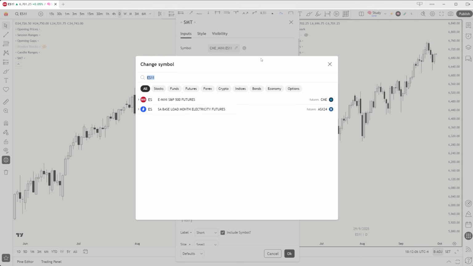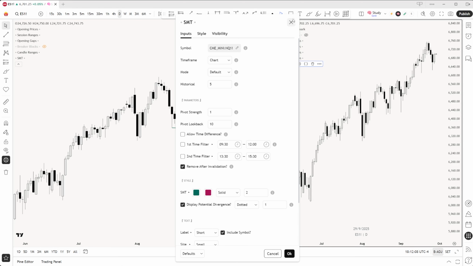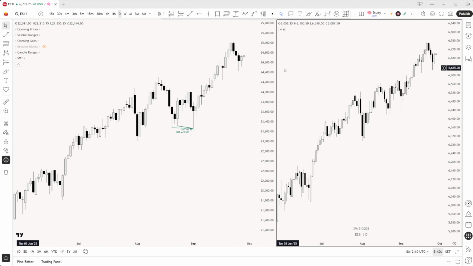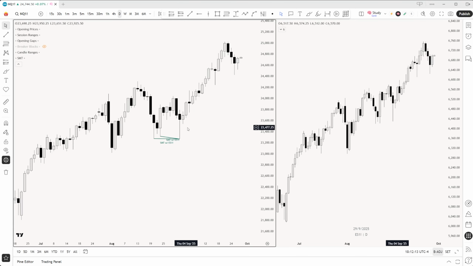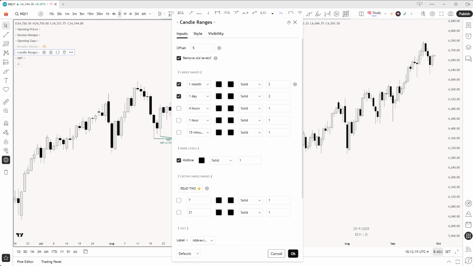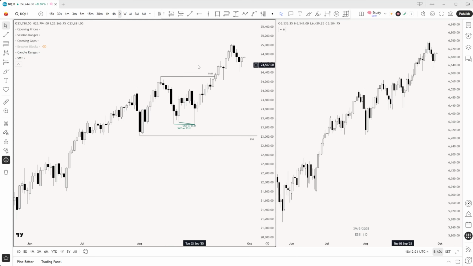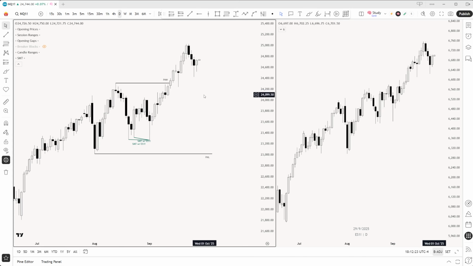And here, of course, let's bring in NASDAQ so we can see the SMT in relation. Well, actually, we don't need that because we see on one asset, of course, our divergence at the low still holding. And if we bring our candle ranges here, and we showcase previous month's high and low, we'll notice some very nice things here with September breaking through previous month's high.